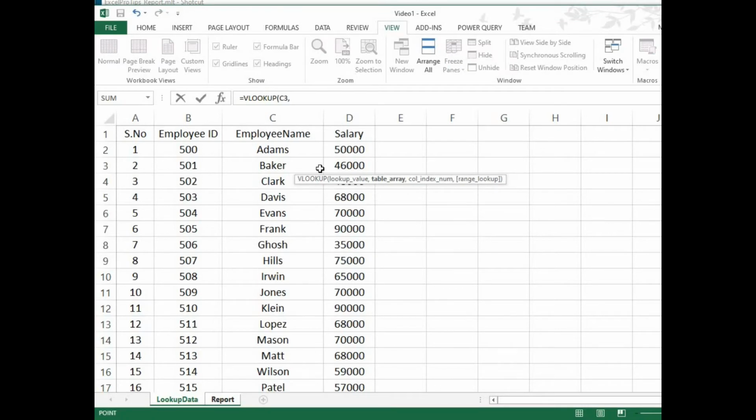Okay, so here, this is an important point. We're going to select the range for the VLOOKUP function. Just press Ctrl+Home, so that will place the cursor in cell A1. Now select the B column, employee ID, where we are going to look up the key ID, that is the employee ID here.